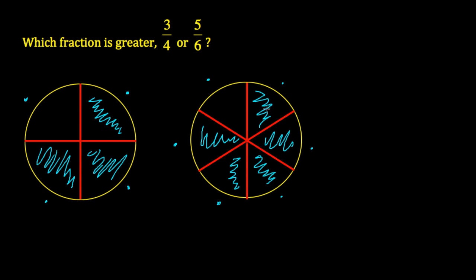Now, if you were to overlay the two diagrams, I think you could see that the shaded region in the right-hand circle is greater than the shaded region in the left-hand circle. And in fact, the one piece that's left off in the pizza sliced into 6 is smaller than the piece that's left behind in the pizza that is sliced into 4 parts. So this shaded region must be less than this shaded region. In other words, we would say that 3 over 4 is less than